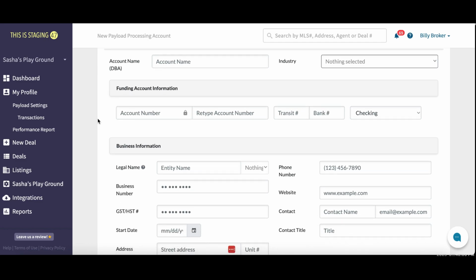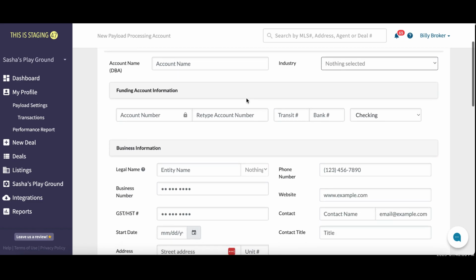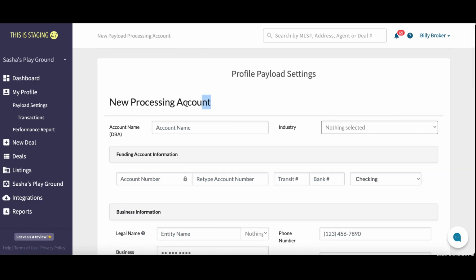You can do this as the broker or administrator if you have your agent's account details. If not, your agent can do this if they have access to the LOFT47 platform. So the agent can go in and complete this information. Now do look in the description of this video, because there are links to videos that actually go into more detail with the form, and it will show you how to complete this form step by step, the processing account,